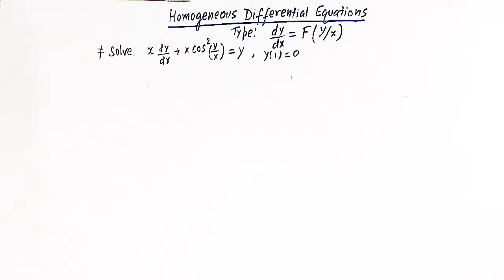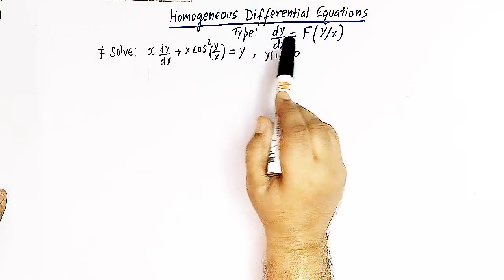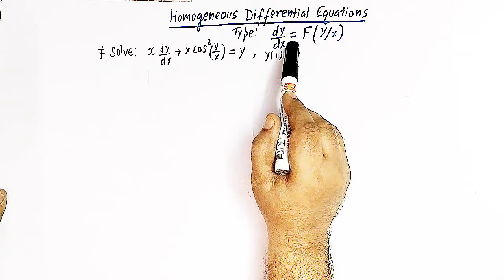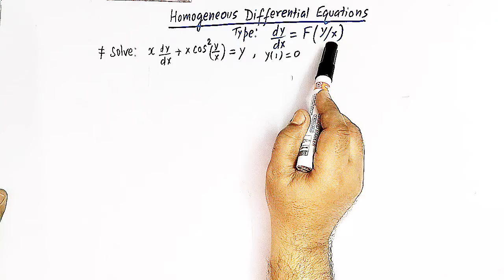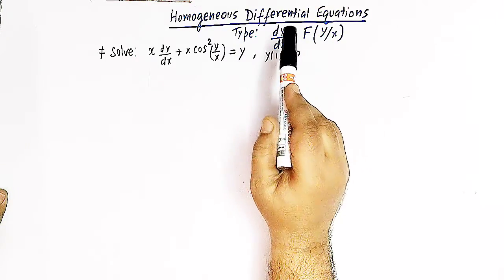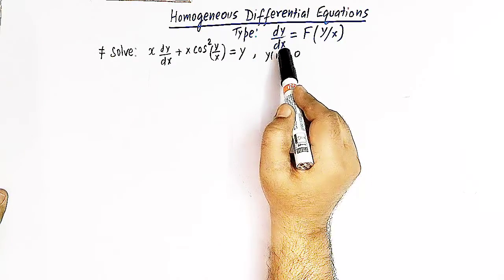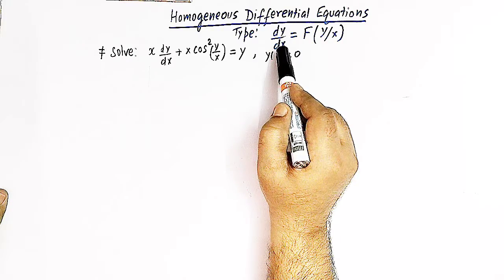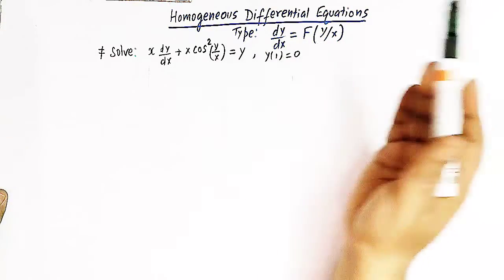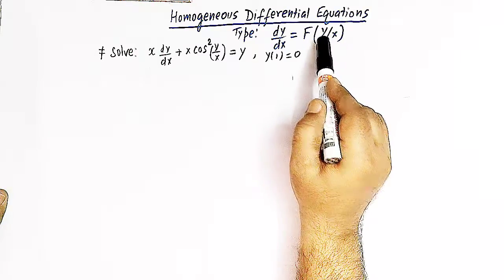Hello viewers, in today's session we are going to discuss one important problem from homogeneous differential equations of this type where we have dy over dx is equal to f of y over x, right? So in this type of homogeneous differential equation we have on one side the derivative of y with respect to x, that is dy over dx, and on the other side it contains the function of y over